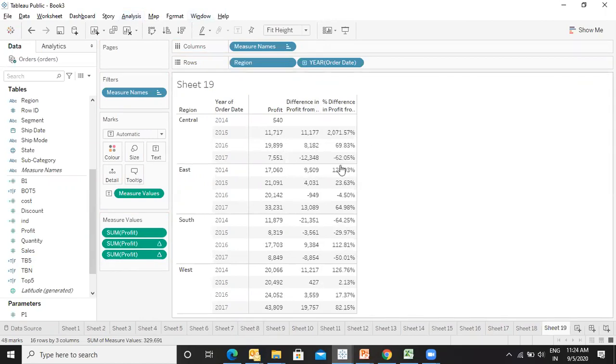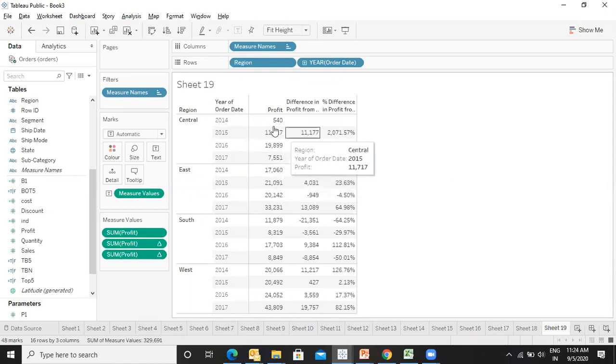So what I am trying to display over here is the profit. In 2014, the total profit was 540. However, from the central region, in 2015, the profit was this much. So it has increased a number of times. Then in 16, it was this, and in 17, there was again a dip.